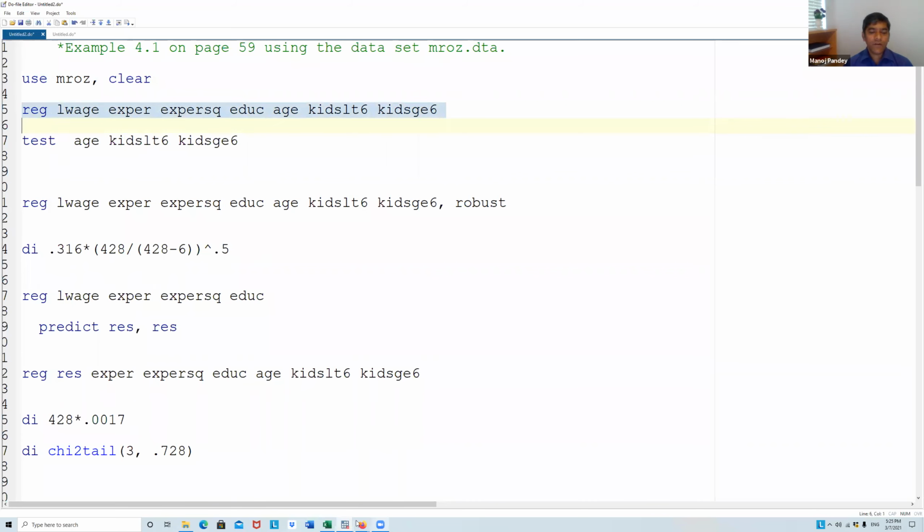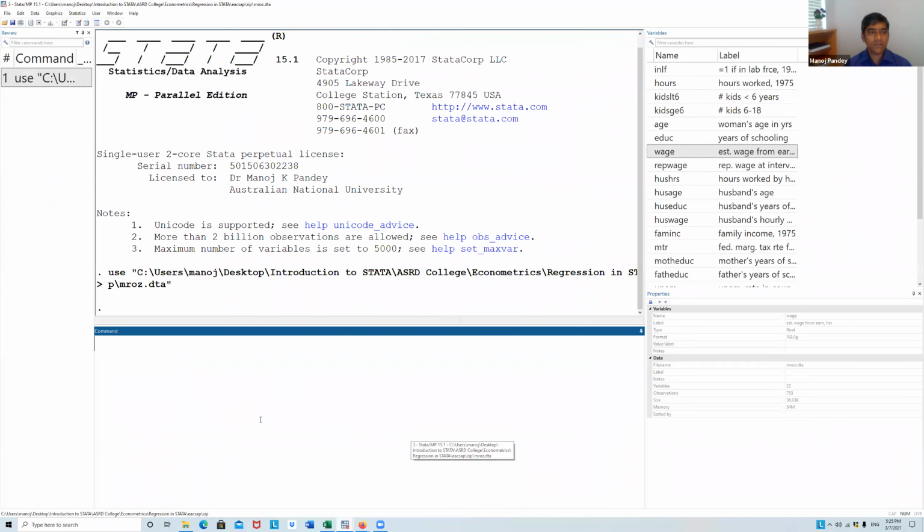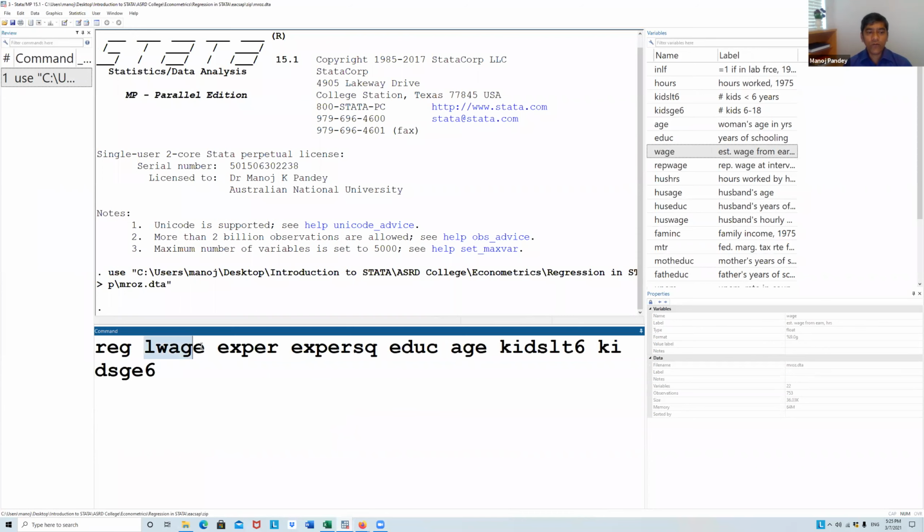Because I'm not sure if all of you are comfortable with regression, let me explain what it means. We are using log of wage as the dependent variable. If I remember correctly, Mr. Upadhyay asked a question about scaling.